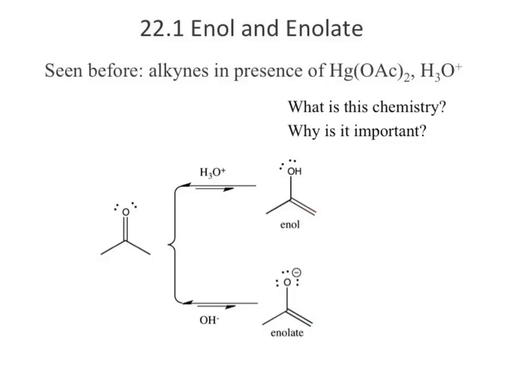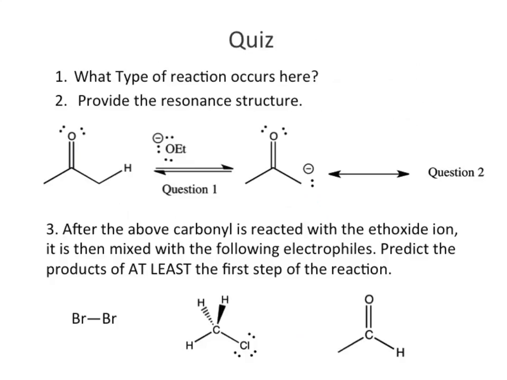Questions about that? What type of chemistry is performed to go from our keto to our enols? It's acid-base chemistry. It's important because we have that carbon nucleophile. So what you need to be able to do is see how that carbon nucleophile reacts with a variety of different things. All right. We will pick up there on Wednesday, but first we'll go ahead